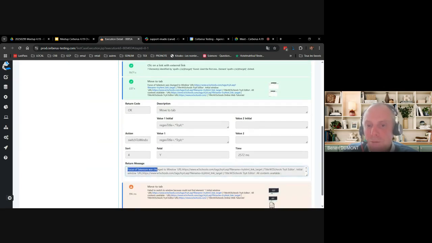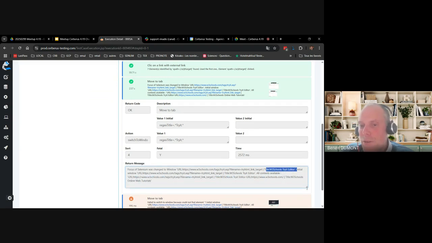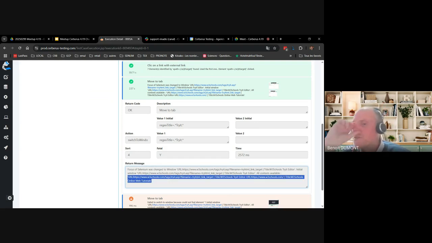It will confirm that the focus has changed to a new window, and it will remind the user of the URL of the current page it is on, and the title of the page where it has moved. It will remind the initial window, where it came from before changing, and it will also remind all the windows that are available during the action.